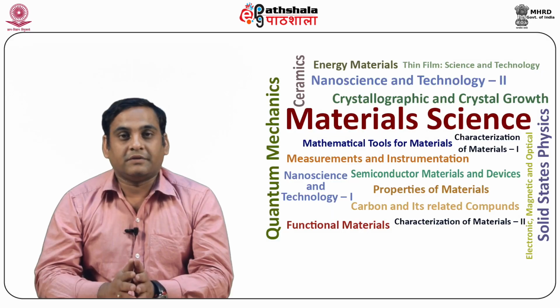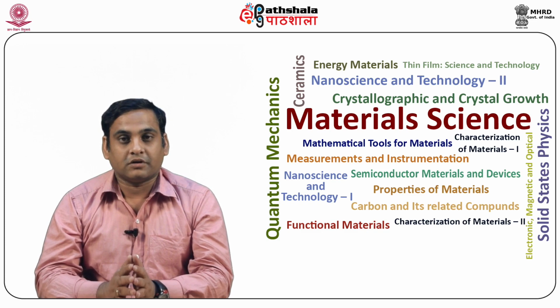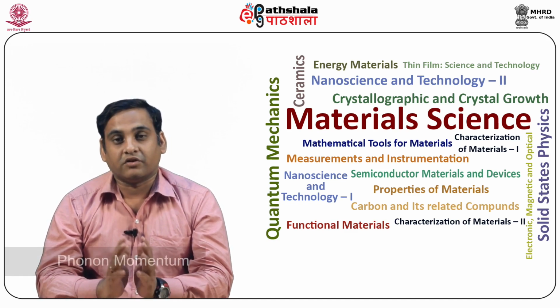In indirect band gap semiconductors such as silicon and germanium, the photon absorption for photon energies near Eg requires the absorption and emission of lattice vibrations, that is phonons, during the absorption process as shown in figure 7. If k is the wave vector of a lattice wave, as lattice vibrations travel in the crystal, then h cross k represents the momentum associated with such a lattice vibration, that is, h cross k is a phonon momentum.